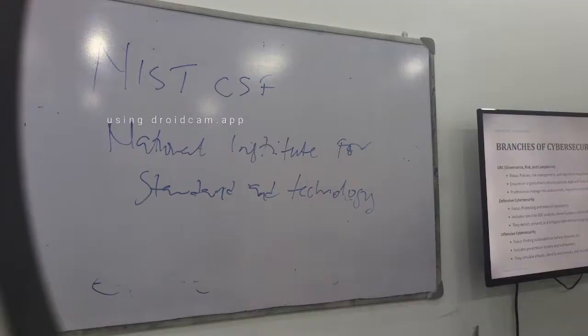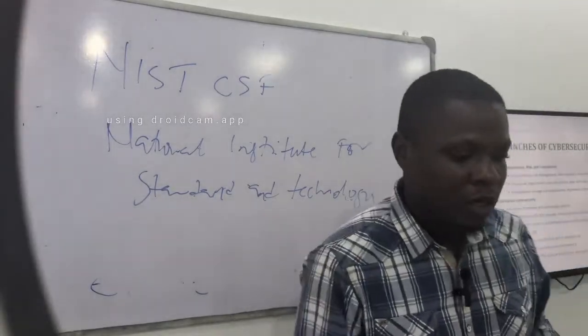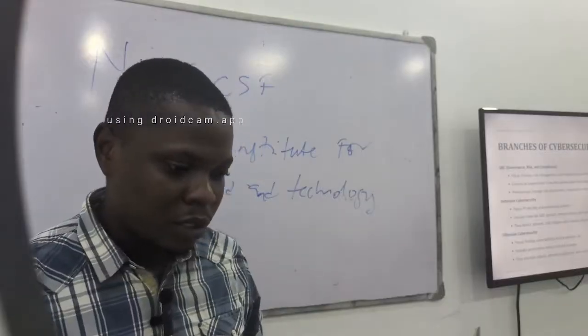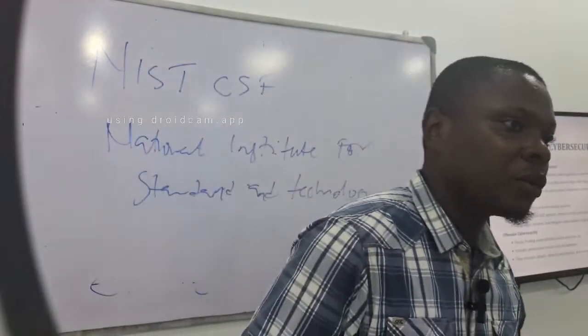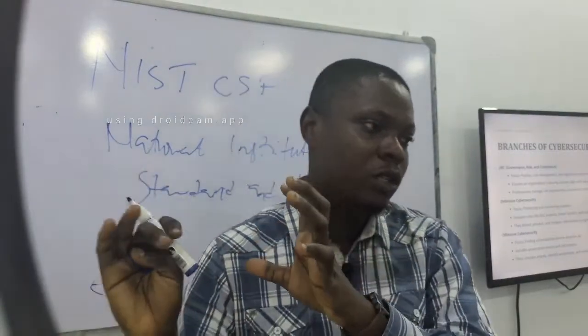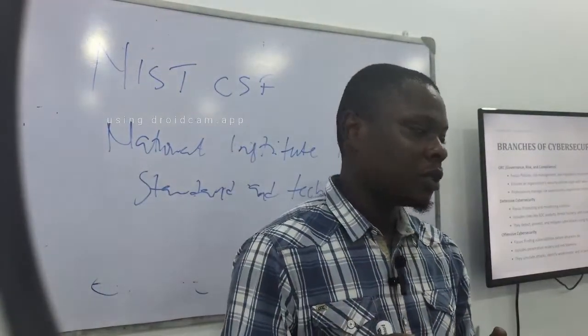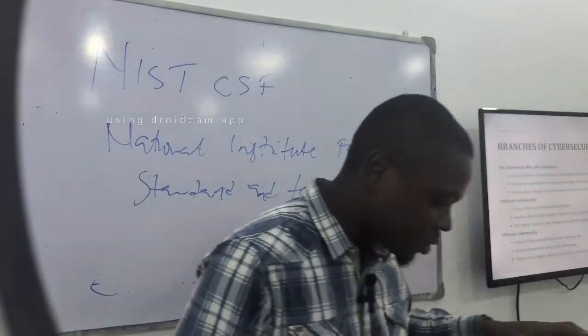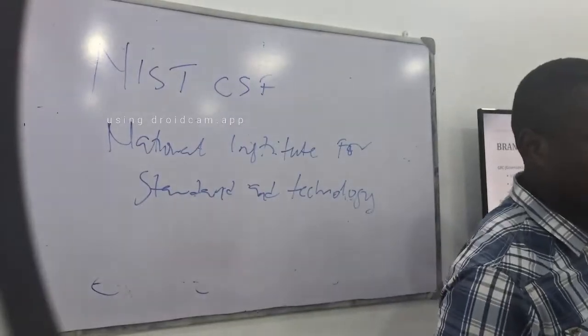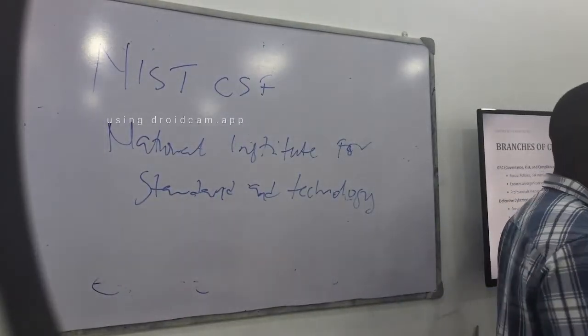It ensures that the organization's security policies align with laws and standards like GDPR or ISO 27001. GDPR stands for General Data Protection Regulation. It's a policy under the EU, the European Union, that protects individuals' information under the European Union. Is it clear? That's GDPR. ISO 27001 is for information security management. Moving on, we'll talk about all this. I'm just trying to go through it.